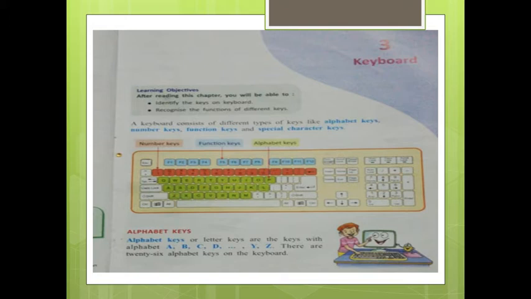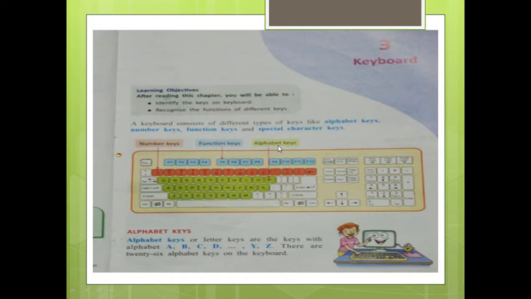So today in keyboard we are learning, inshallah, to identify the keys on the keyboard and recognize the function of different keys. Yani we should easily identify many keys, like number keys, function keys, alphabet keys.